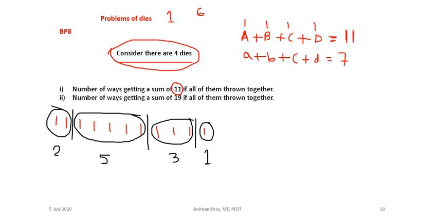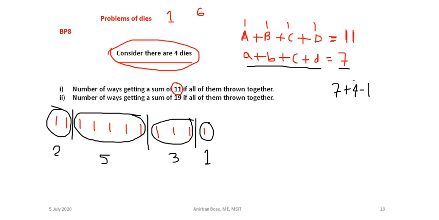we have put 1 in each of them, so it has now become 7. So a plus b plus c plus d is equal to 7 is required, where a, b, c, d can take the value 0, because now we have already given 1 and that is why it has reduced to 7. Now a, b, c, d can be 0, no problem. So now tell me how many different solutions are possible. We know this is 7 and this is 4. So 7 plus 4 and 1 less.